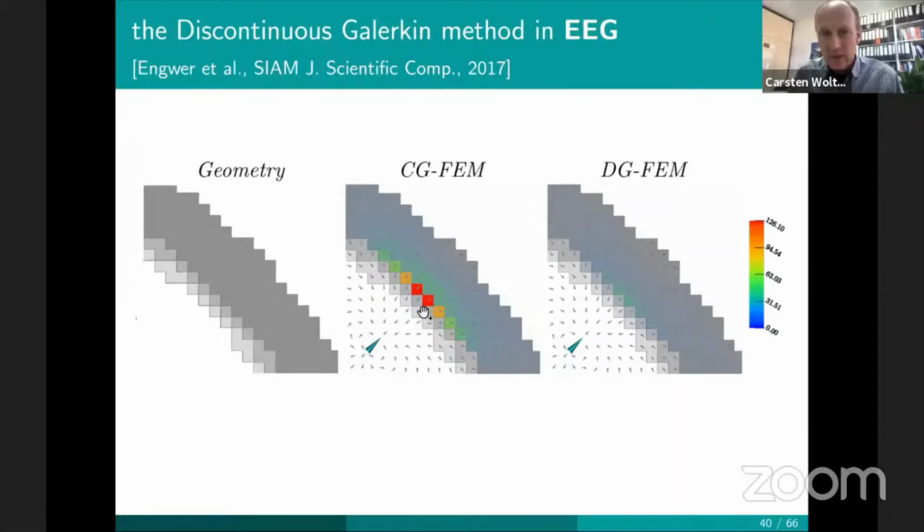So here are the 2 skull elements, and this high amplitude current is then flowing into the skin compartment. There's still very high amplitude, while in the DG-FEM simulation, the amplitude is much reduced. If you look, it has the same scale. So if you look at the color coding, the DG-FEM really reduces a lot these skull